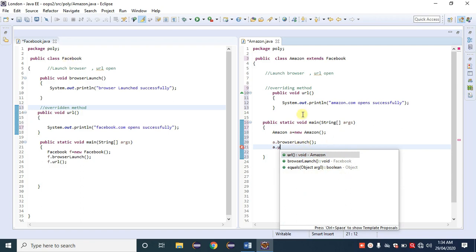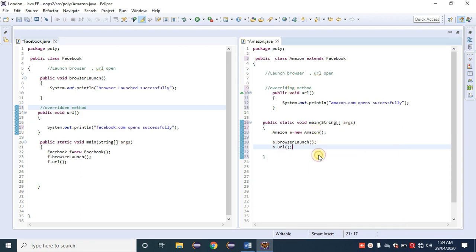Because I overrode that method here. Java first searches for the method having the name URL in the child class. If available, Java just calls that method. If it is not available here, then Java goes to the parent class. Then click on the run button.